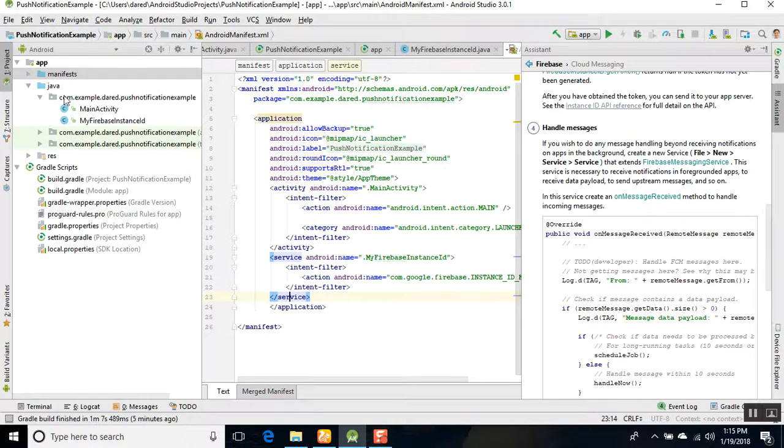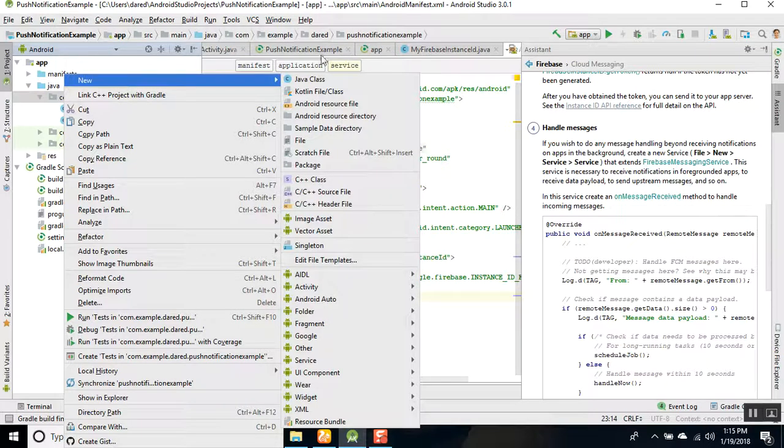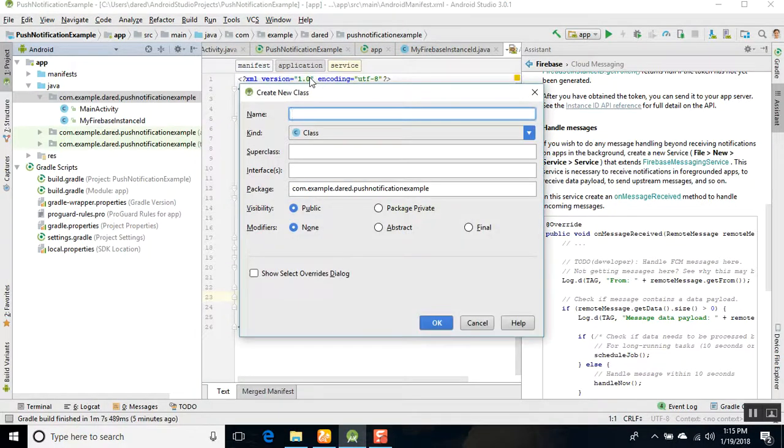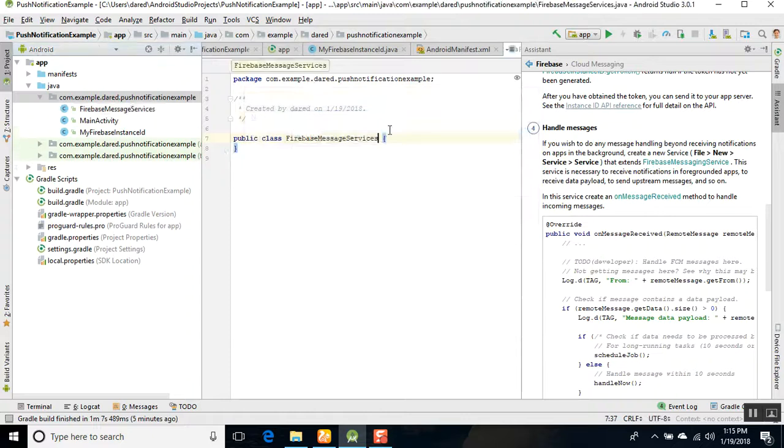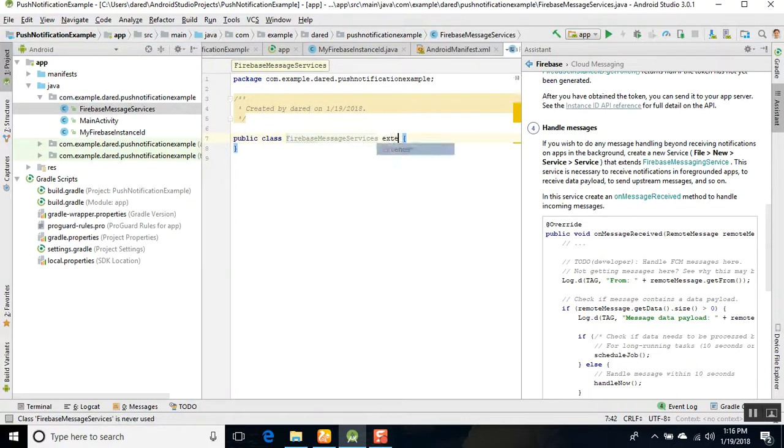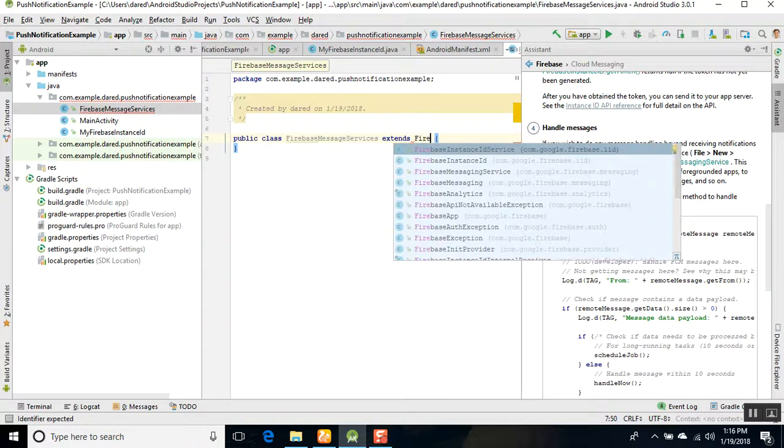Okay, we will create another class here, new, and here is the Java class, named MyFirebaseMessageServices. Okay, we will extend this class to the